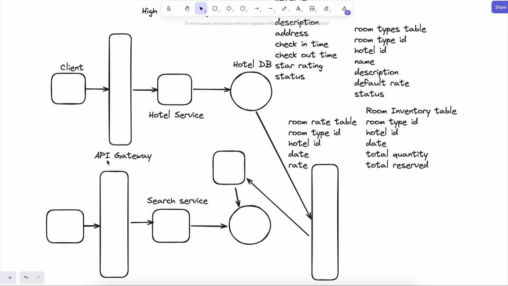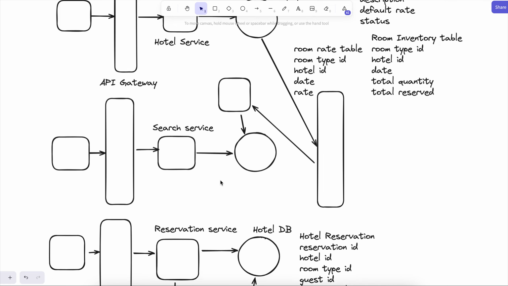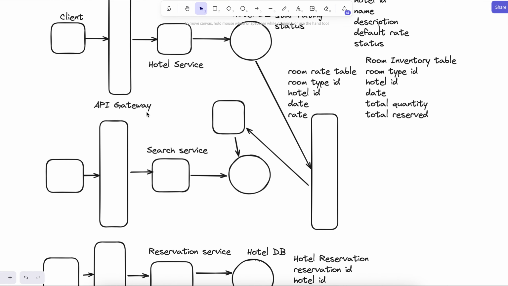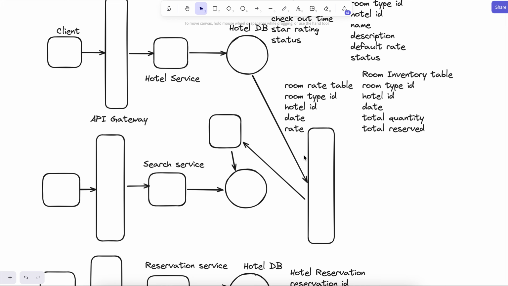Cool. So that's the hotel admin flow, creation and updates. Next, we're going to move on to the search flow. It's pretty straightforward. Any updates that are made to the hotel database, we can have a change data capture workflow that can publish events that will go to a queue that can update, let's say, the Elasticsearch cache that updates the database if you want to, or we just go straight to the cache itself